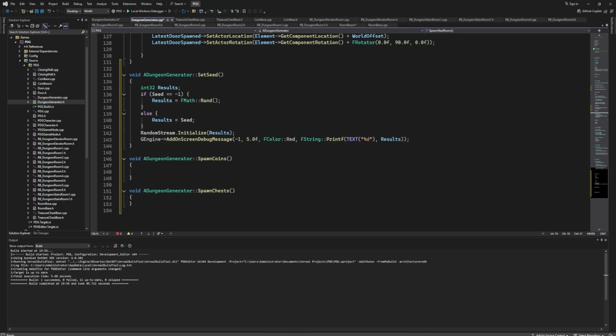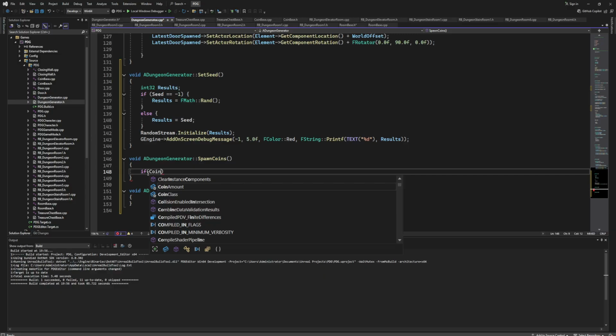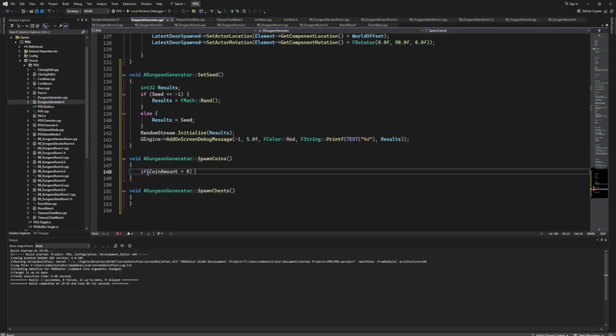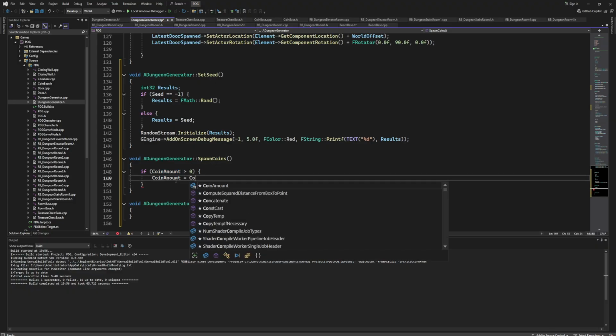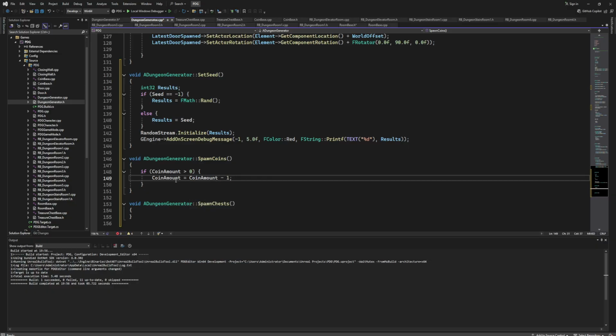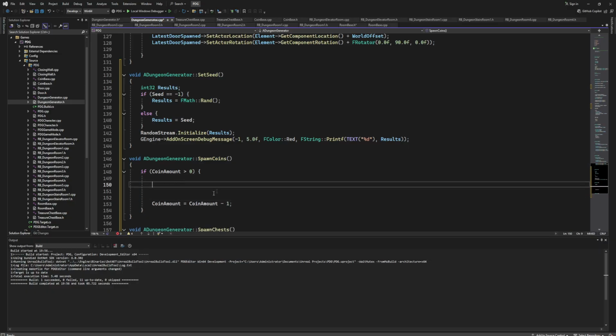Okay, so spawn coins and spawn chests. The first thing that we are going to check is if our coin amount is greater than 0, because whenever we call this spawn coins function, we are going to decrease our coin amount by 1. In that way we are going to basically know how many coins we are going to spawn. If we have for example 15 coins, and every time we call this spawn coins function we are going to